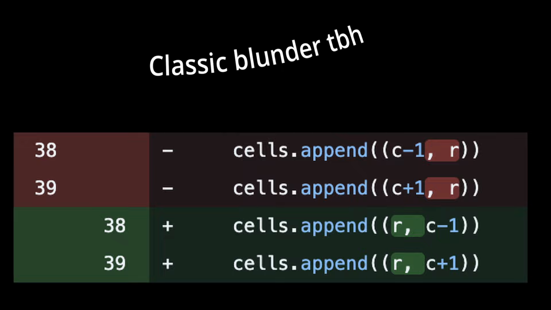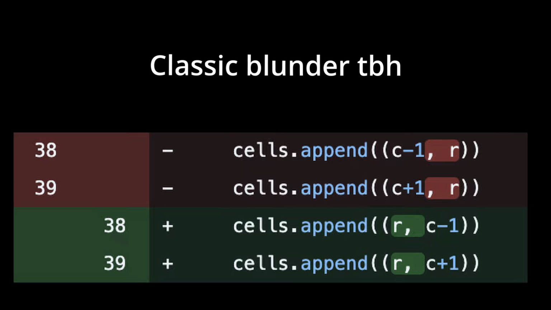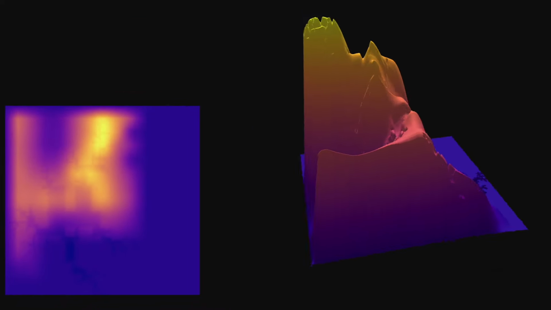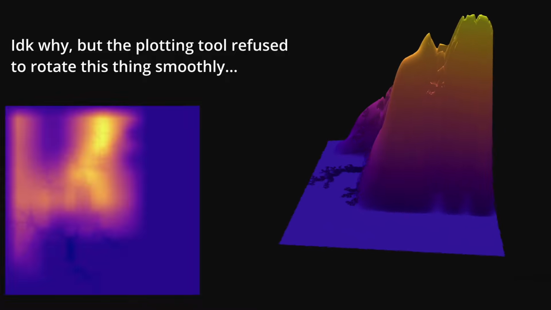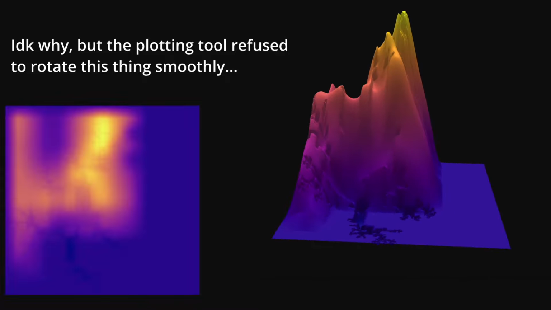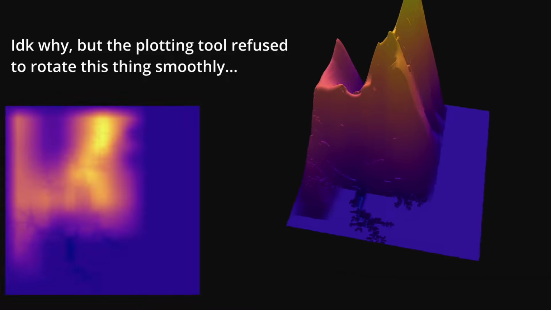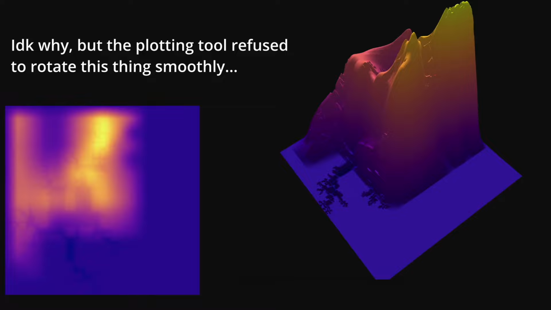There was also a bug in my code where one of my functions was actually returning columns and rows instead of rows and columns. After I fixed that bug, this is what I ended up with. And let me tell you, I was really happy with how things were starting to look. After cleaning up my code and making a few small changes to the way that I clamped the height, I